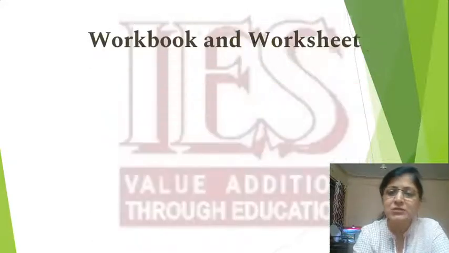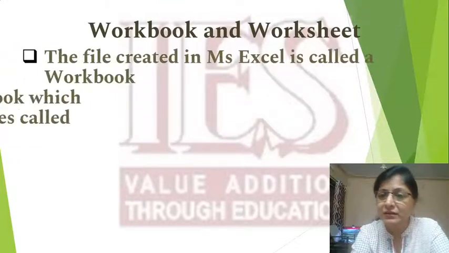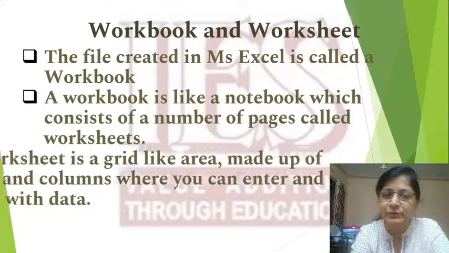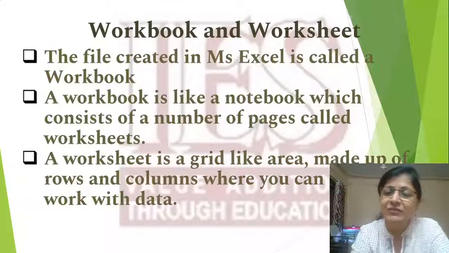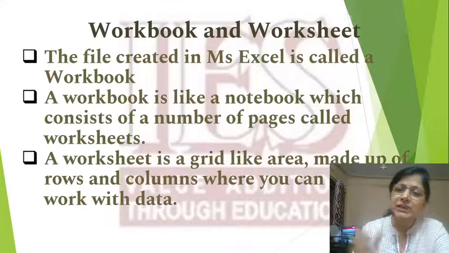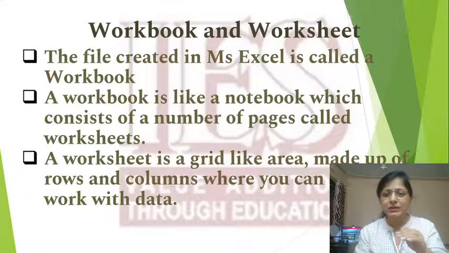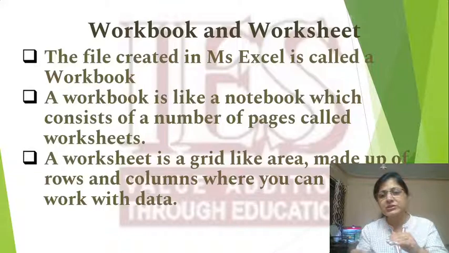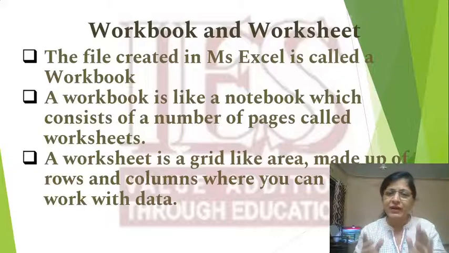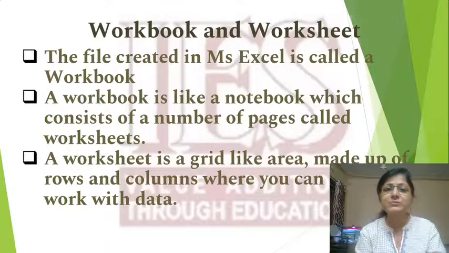Because this is called Book 1, because the file of Excel is known as a workbook. Now a workbook can have many such individual pages, and each page is called a worksheet. So a workbook is like a notebook which has a lot of individual pages, and those pages are called worksheets. Or you can also call a workbook like a folder where the individual worksheets or pages are filed. Okay, so the collection of all your worksheets into one file, that would be a workbook. Okay, and the default name given to the workbook is Book 1.